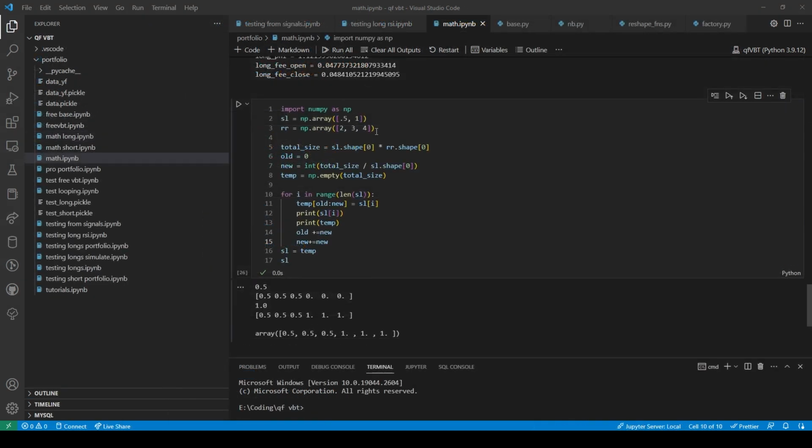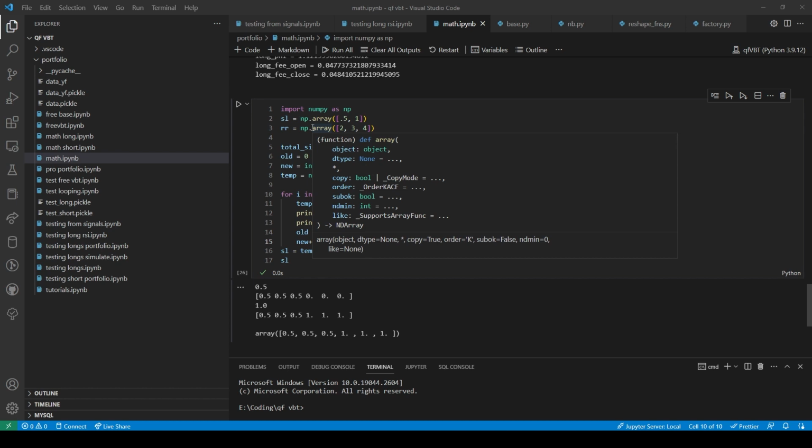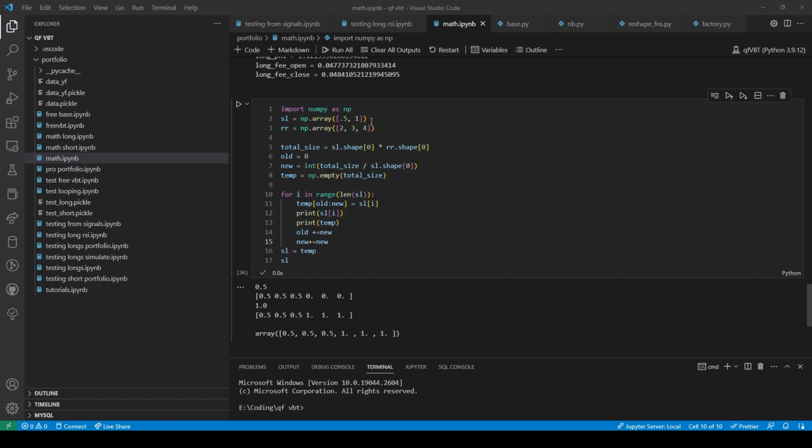Okay, so we've made some progress so far. If we have a stop loss of this length and a risk to reward of this length, then we have to get the total size. So this is going to have to be a for loop through every single possible thing that should be broadcast, right? It'll need to be a for loop of their length, or it could be shape.